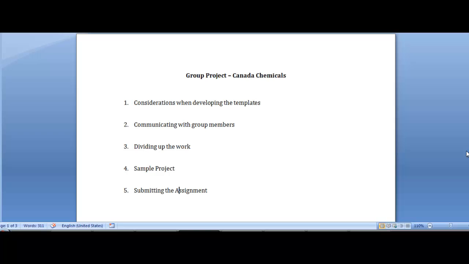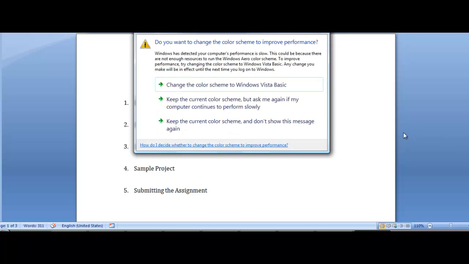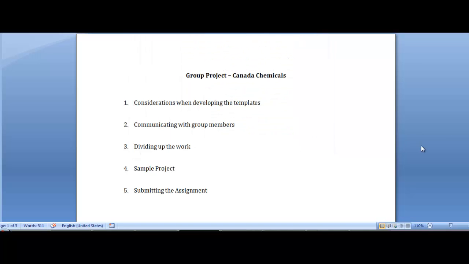There's also been some discussions. Groups are now talking about how to divide up the work. So maybe I'll review that and give you some ideas and thoughts on what you might be able to do there. I also wanted to show you a sample project. When I teach this course, I do this project and the students do it individually in the classroom. And I thought I would take one of their projects and show you what it would look like,